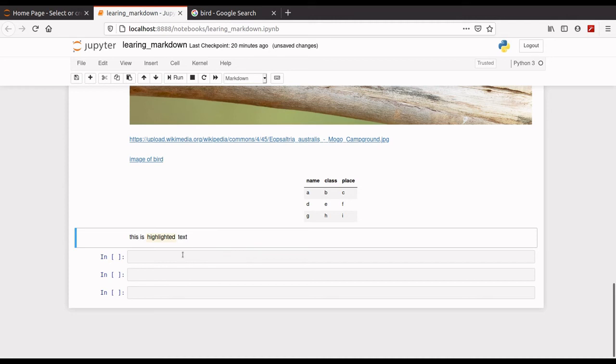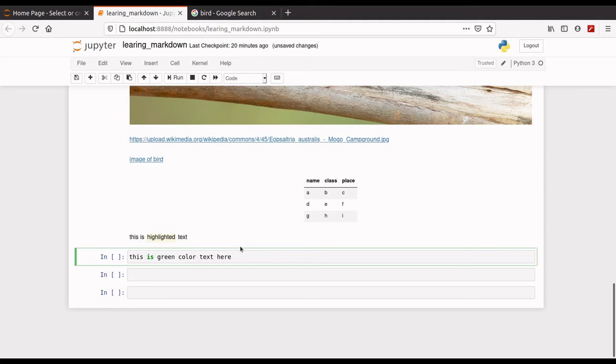Now, how will you color the text? How will you get a colored text? This is green color text here.